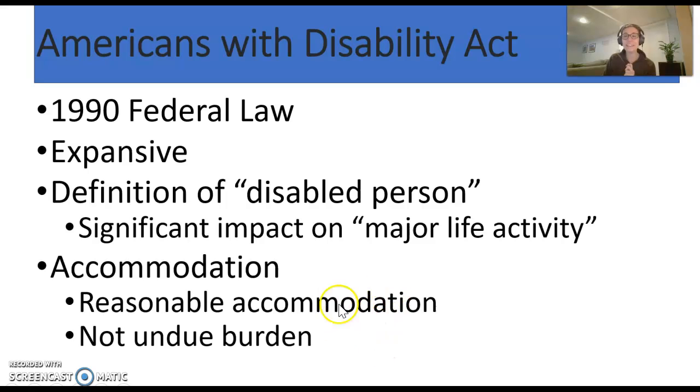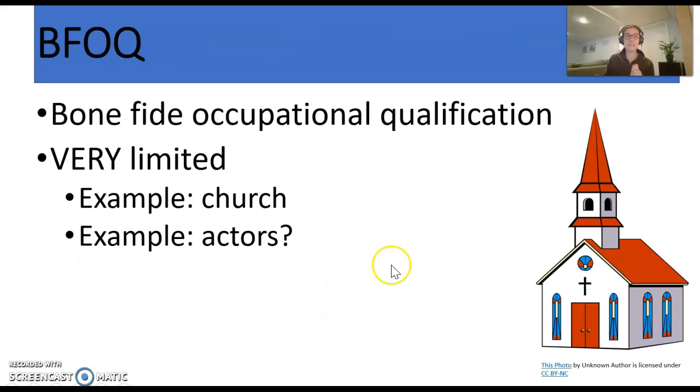Okay, last but not least, I know I'm going through this really fast. I want to mention something called the bona fide occupational qualification. This is an exception to discrimination law that actually allows businesses to discriminate. A really good example would be a church that is only hiring a priest. The church can demand that that priest be of the Catholic religion, right? Even if a Jewish person applies and the church says, well, I don't want to hire you because you're Jewish. Well, that certainly sounds like it would be religious discrimination, but it's not here,